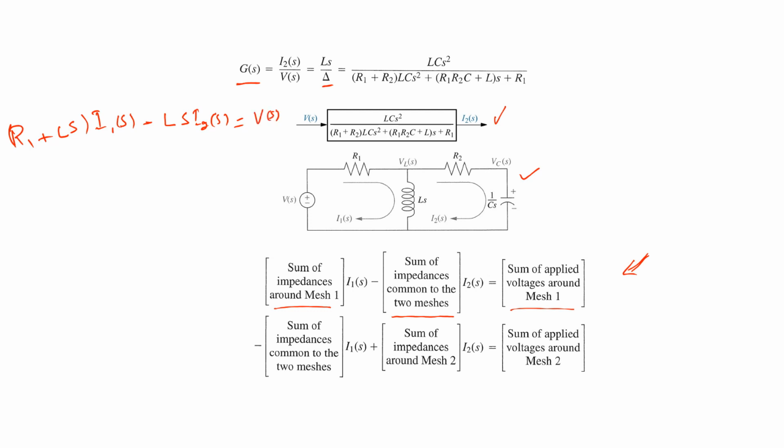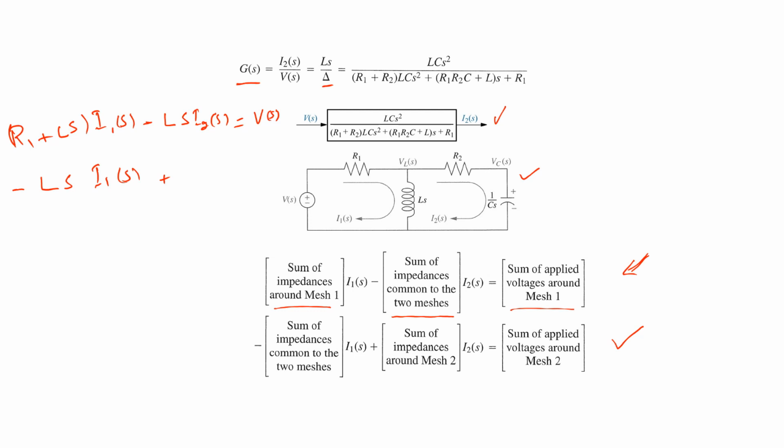And similarly, if we apply the second observation based method, we can find the second simultaneous equation for the loop 2. So it will be a minus sum of impedances common to the two meshes, which is just L of s multiplied with I1 of s,